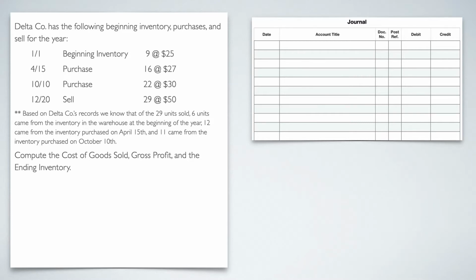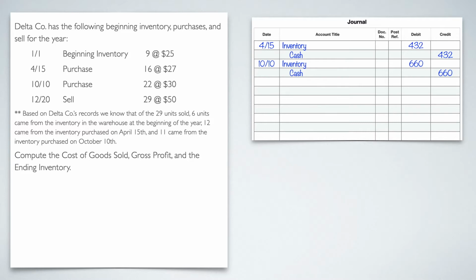So much so that I'm just going to go ahead and put the initial two journal entries because they're the exact same. It doesn't matter what method you use for inventory costing. The journal entries for the inventory being purchased doesn't change. The only thing it really changes is the cost of goods sold entry, as you'll see in a minute. So now let's get into it.